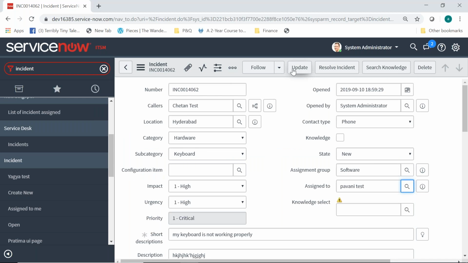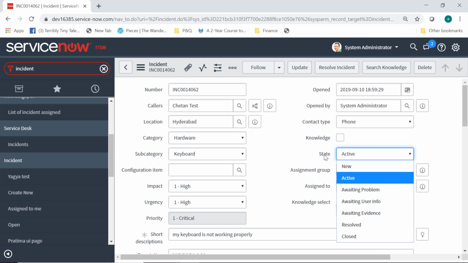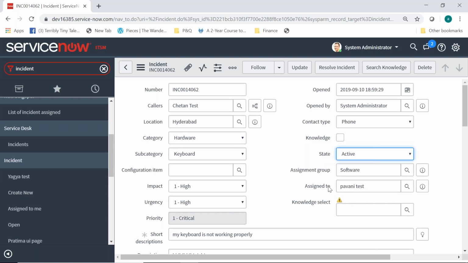So there's a script written in the backend which says the moment the assigned to field is no longer empty and is populated with some username, you change the state of the ticket to active. What does that symbolize? If a ticket is in active state, it means someone is working on the ticket. So the moment assigned to is populated, on the organizational scale we have given the responsibility to someone to work on the issue.